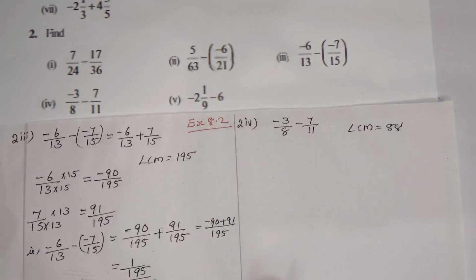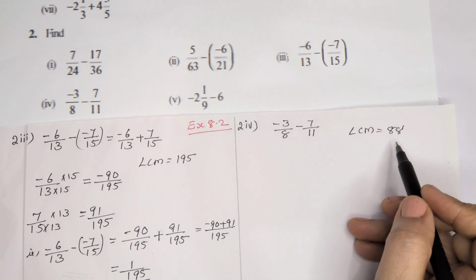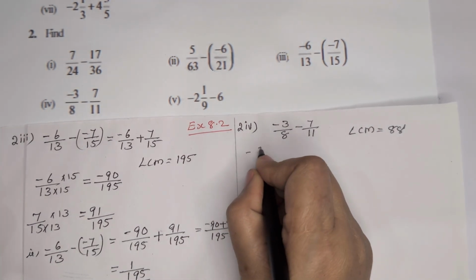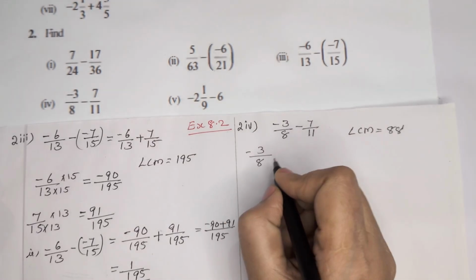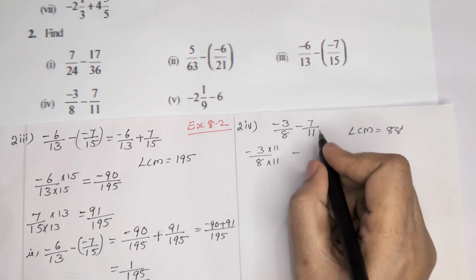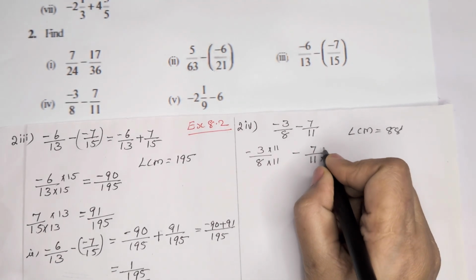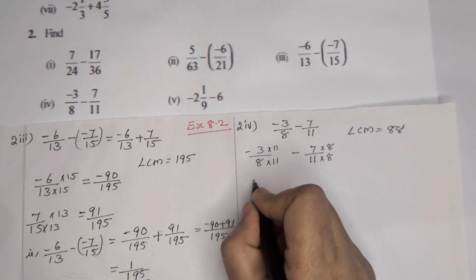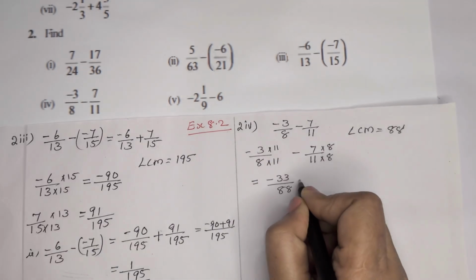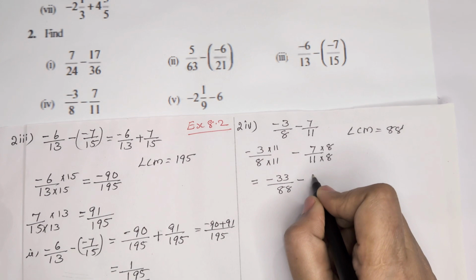Now the fourth one, minus 3 by 8 minus 7 by 11. 8 and 11, LCM is 88. And minus 3 by 8, we have to multiply with 11. That minus second number 7 by 11, that we have to multiply with 8. So we can write that as minus 33 by 88 minus 56 divided by 88,